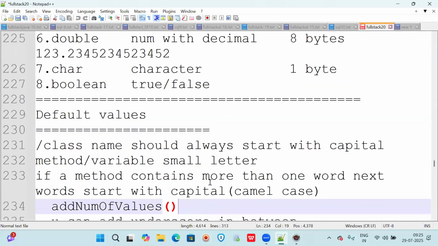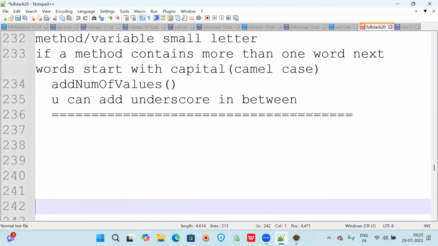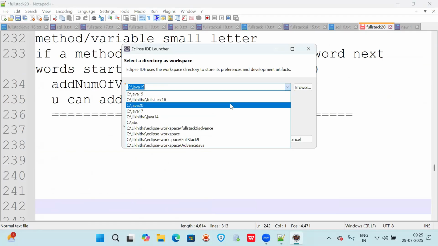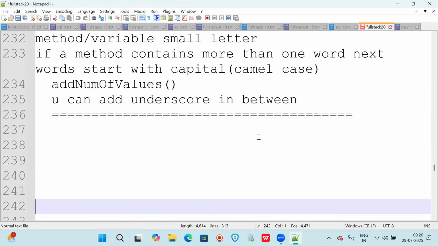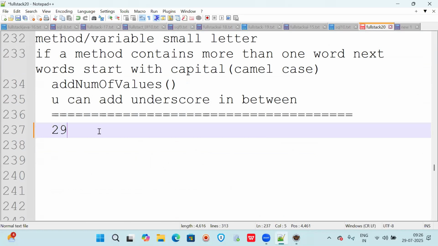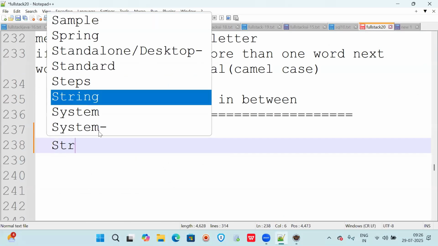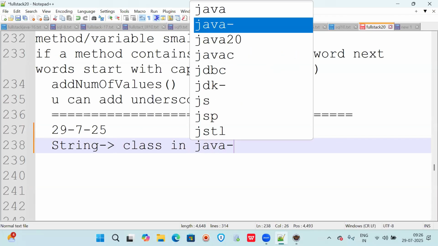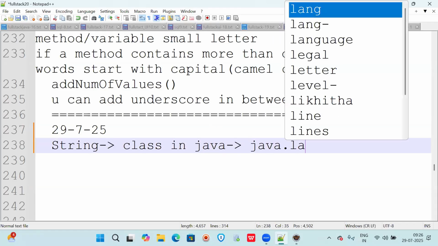Okay, and we also assigned a few values to the data types and stored the data: integer, character, float, double and all. When you want to store some names, that means a group of characters, you have to use an array when you want to store more than one character. But we have something called string, which is not a data type, but string is a class in Java. This String class is also present in the java.lang package only.